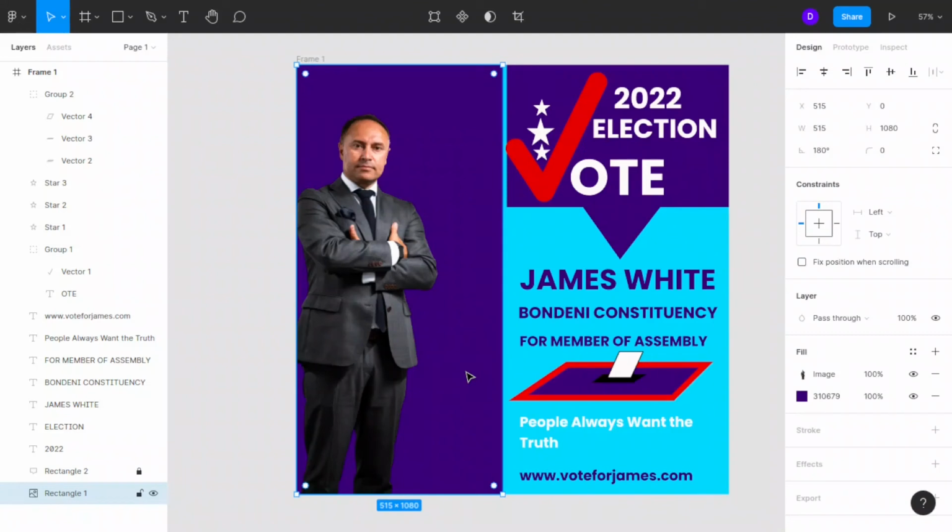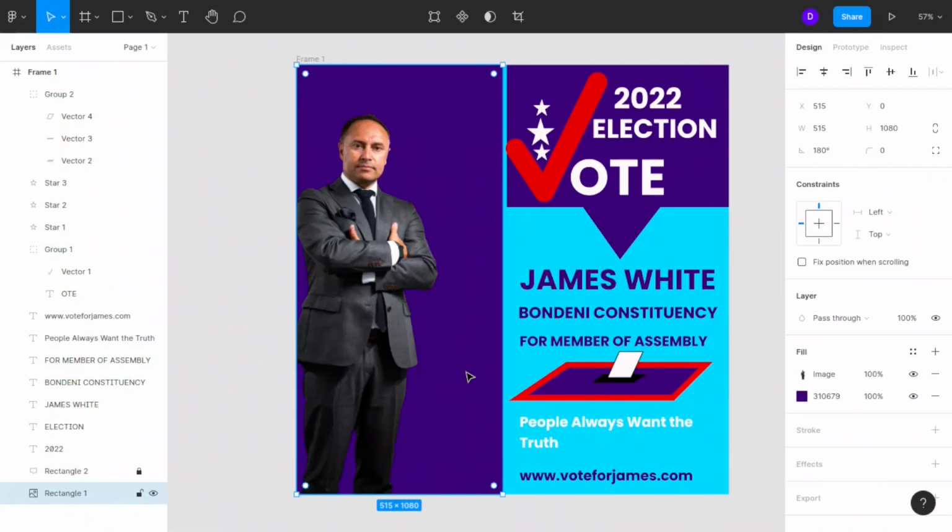So talk to your client and tell them they don't need to put so many things in the flyer. You need to have your picture and a few details, the elections,